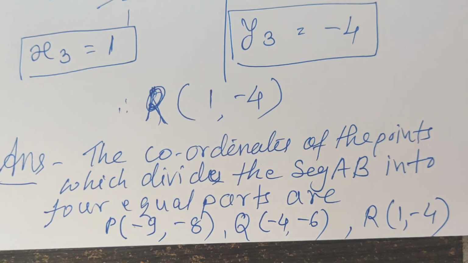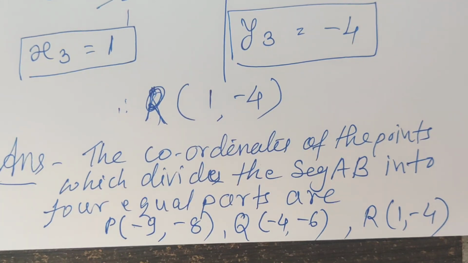Trisection, that means 3 is an odd number, that means ratio we get because segments are unequal. Here now 4 parts, that means you can see everywhere you use the midpoint formula and you can get the coordinates of the points. So try this example once again, solve it, revise it and be perfect solving this example.